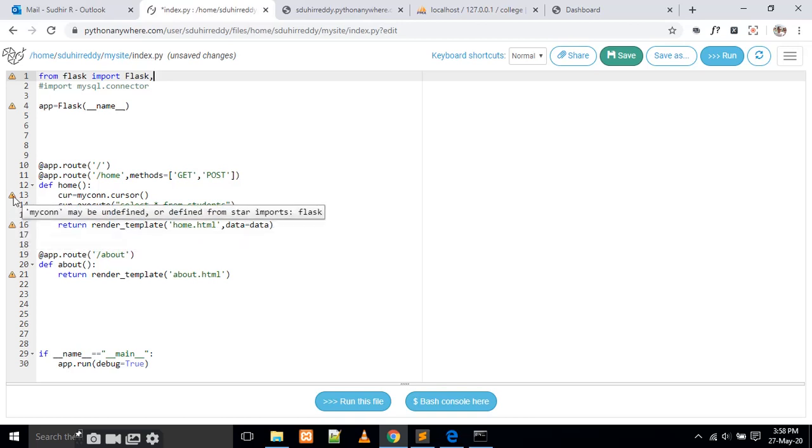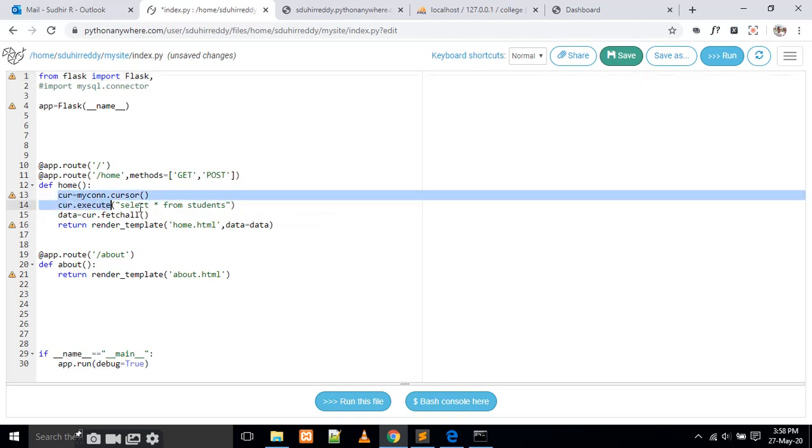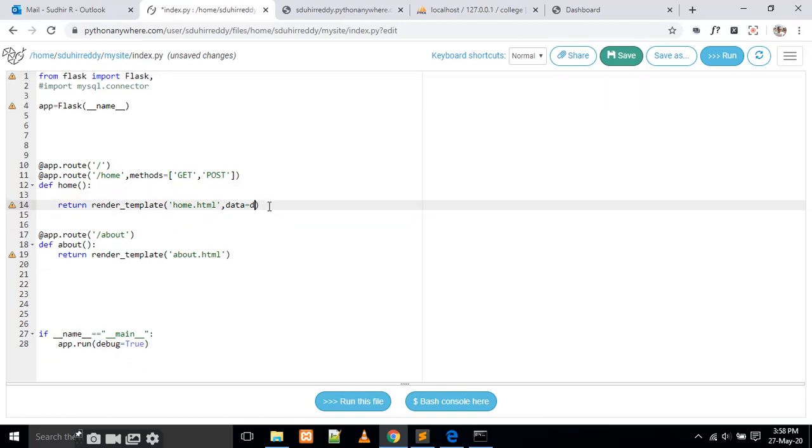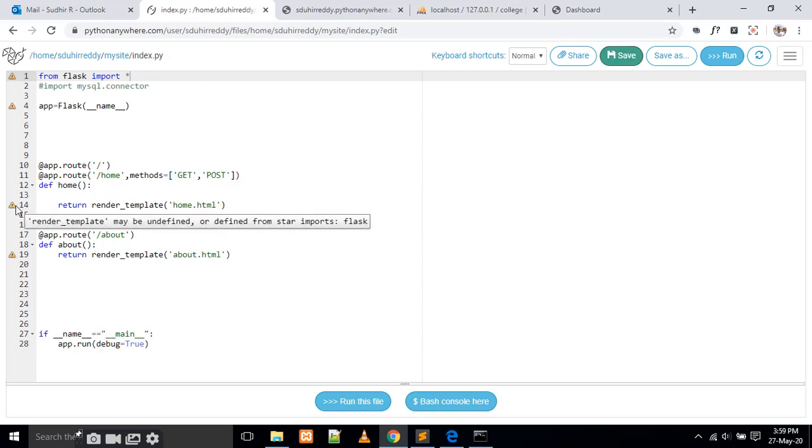Where are the errors? We have to go and click on it, and I am going to stop this database structure also. First of all I am going to show you only the static pages here. Is there any error here? For example, with the star, I am going to save it. Yes, some errors are there. Now the errors are render underscore template and Flask. Then I am going to write here, instead of star, Flask comma render underscore template. If you observe, when I save this one, there are no errors now.